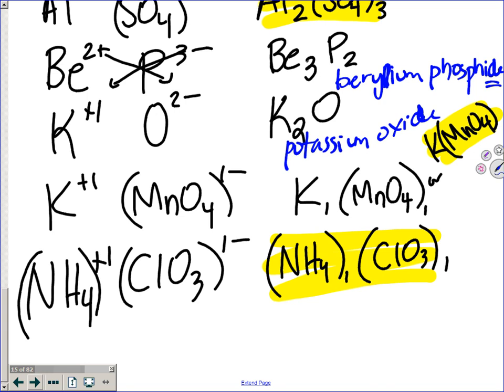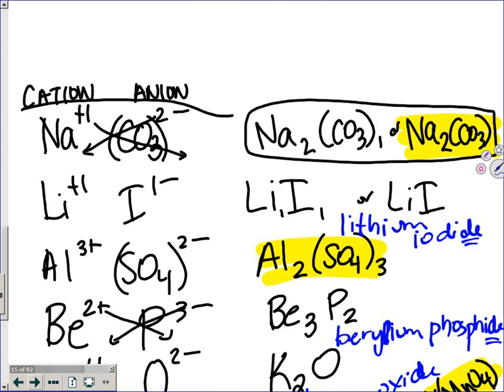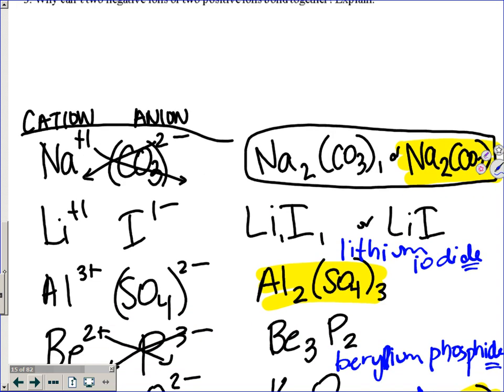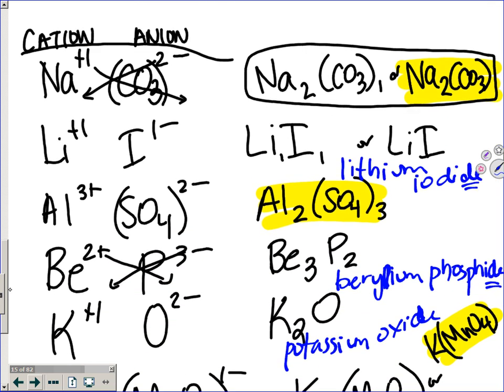Okay, so as we go, you're going to be looking for first name, last name. The first name is what the element symbol is. The second name is the polyatomic ion that's listed here, okay? So, first name,